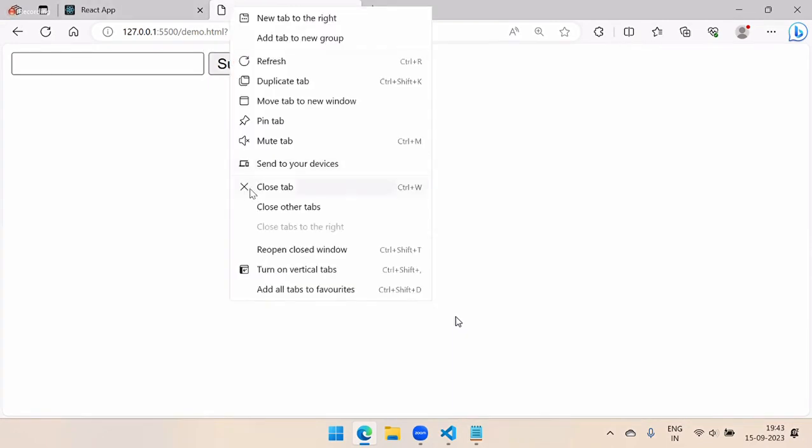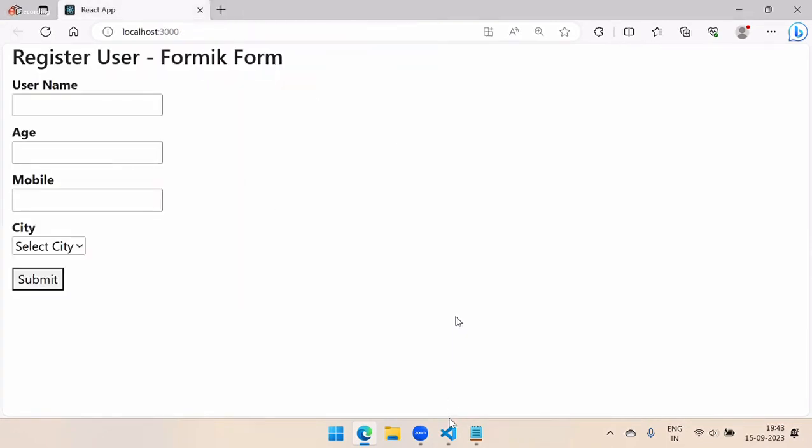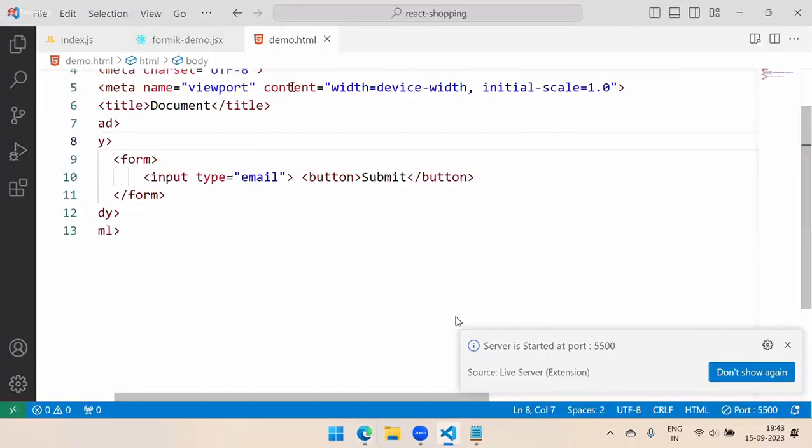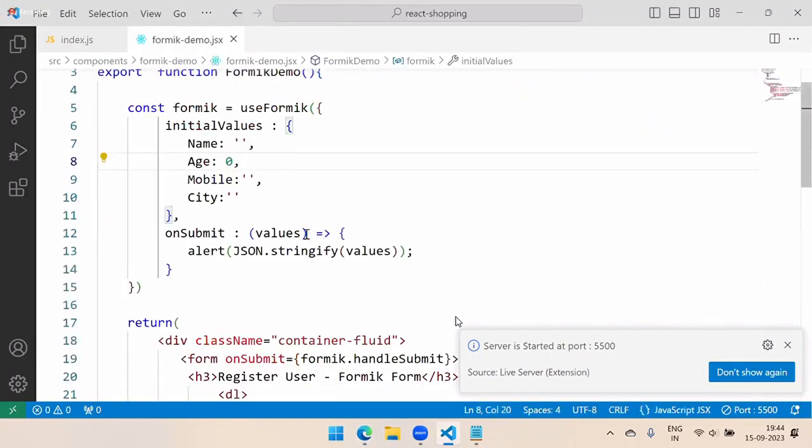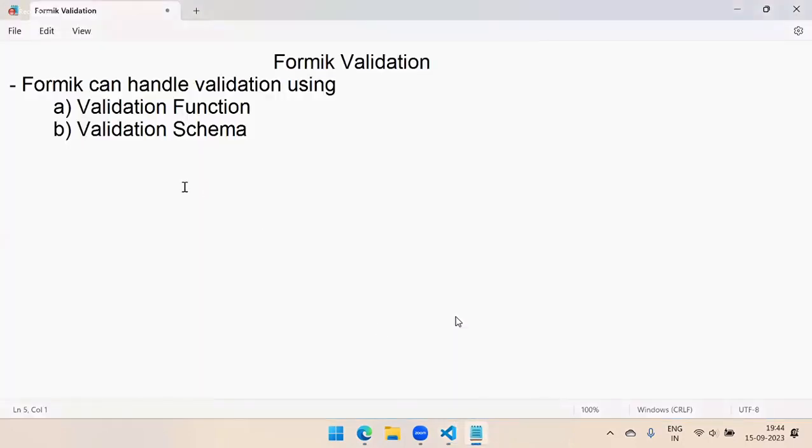How do we do that? Let's see. So here now I am creating another option. Let's create validation here. So validation function and validation schema. What is a validation function? First I will show you. Validation function is nothing but